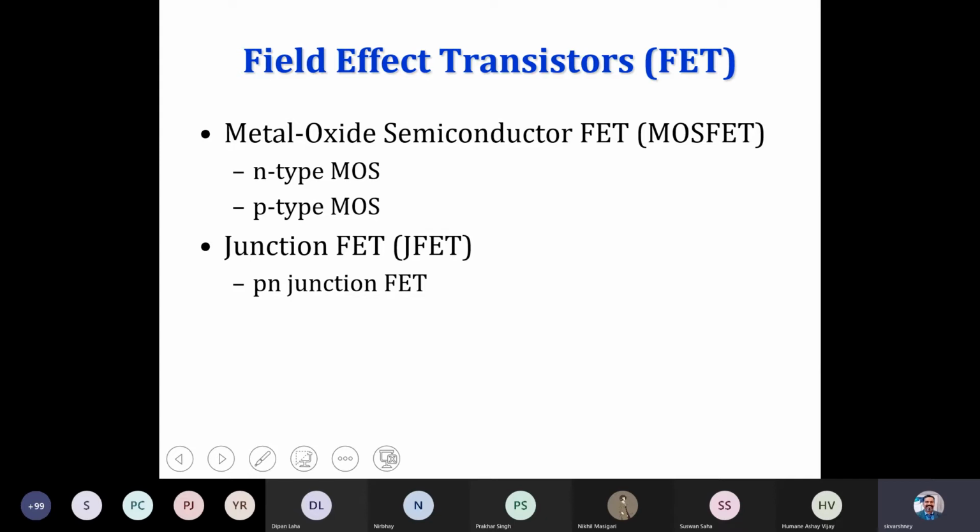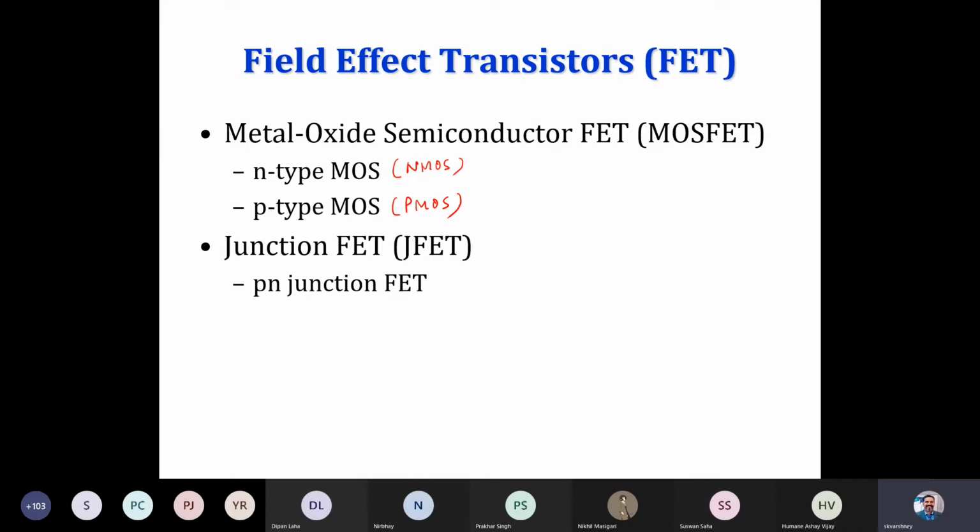The MOSFET comes as N type metal oxide semiconductor, or P type metal oxide semiconductor, which we refer to as NMOS and PMOS. The combination of NMOS and PMOS is called complementary metal oxide semiconductor, CMOS.